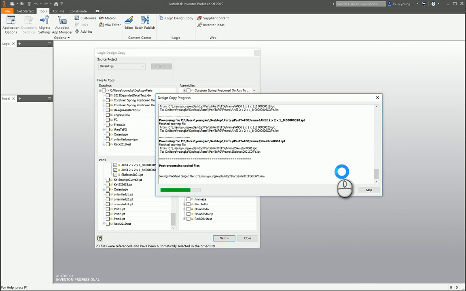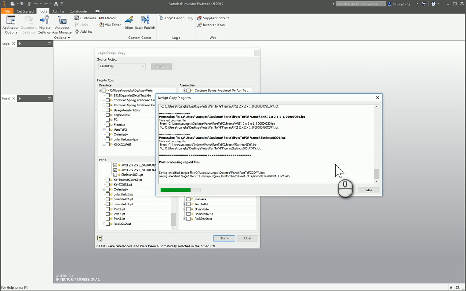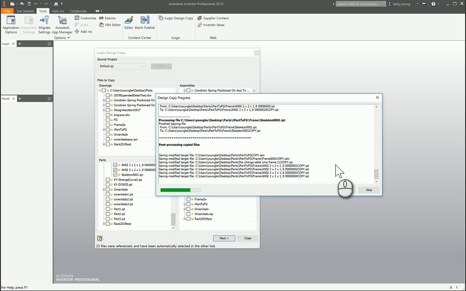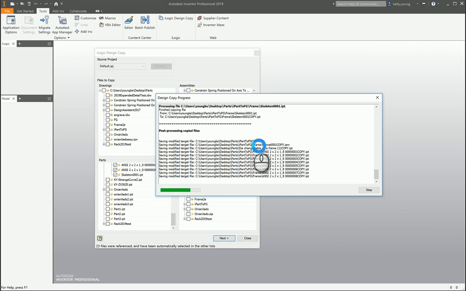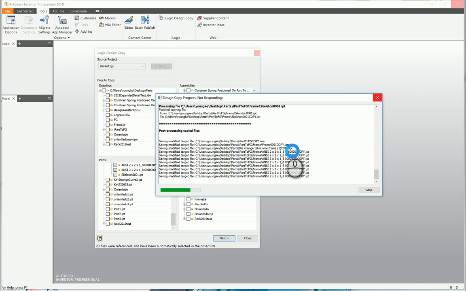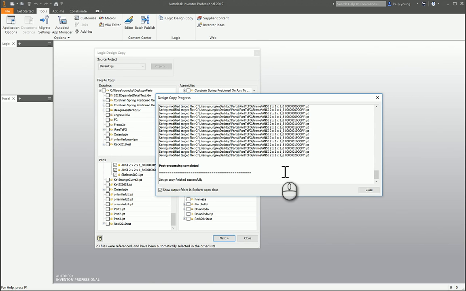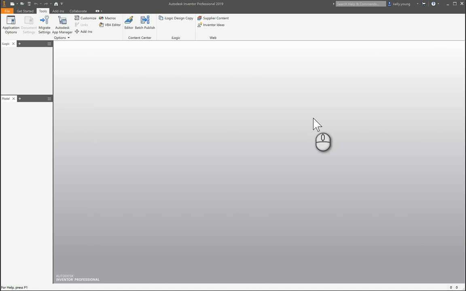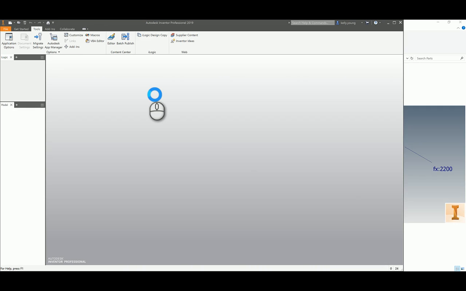Once it goes through, it will tell us and we will then open up the new one and see what happened. So you'll see all these little frame generators are getting changed. Skeleton's getting changed. The assembly creating new members, and it's closed successfully. So we close that. We open up our frame generator copy,